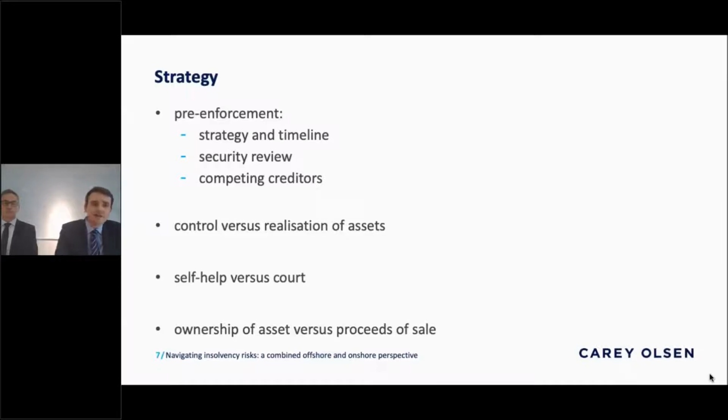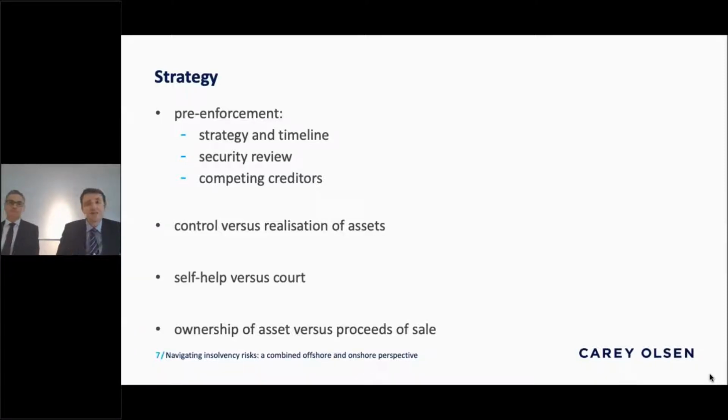It allows you to check that everything is in order. You can fix things if you find any problems, which is really useful. And then you have a simple roadmap of your options that you can put in the file. When the default arises and it's urgent, a dash for assets around the world, everyone's scrambling to get ahead of the crowd and get advice and get lawyers instructed, you can be relaxed. You can simply dig out of your file the roadmap of the options you have, look at the situation you've got, and choose which one suits the particular situation that you're facing.